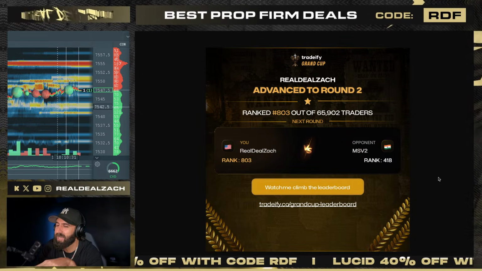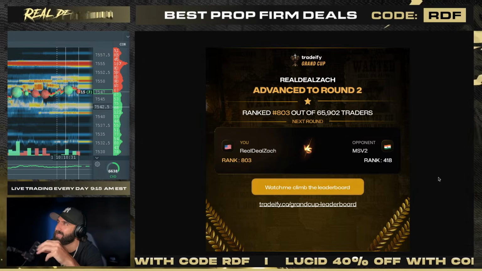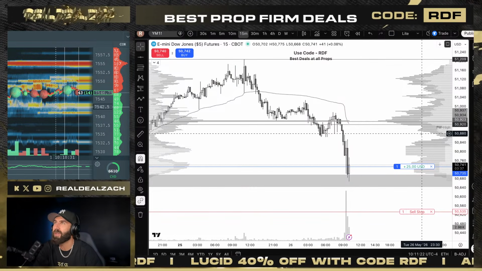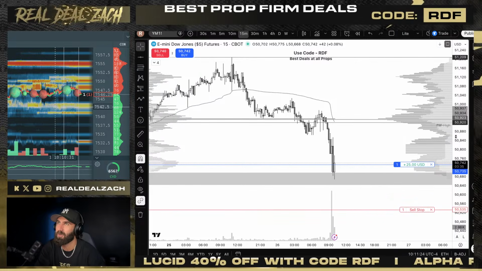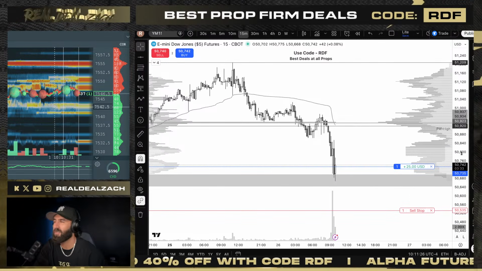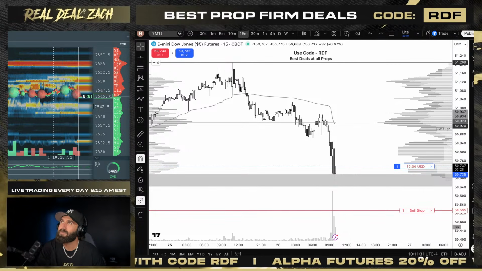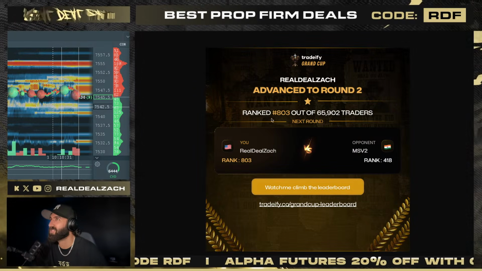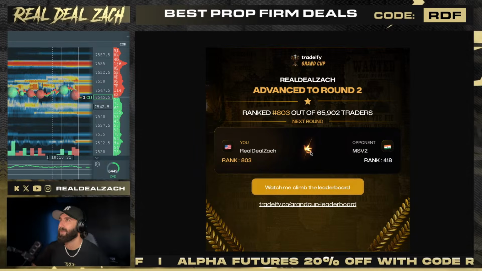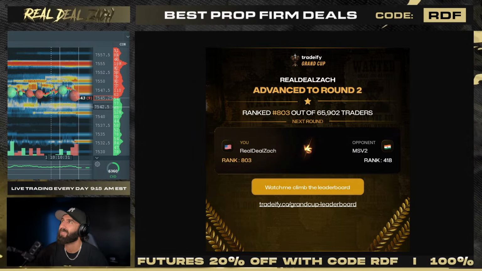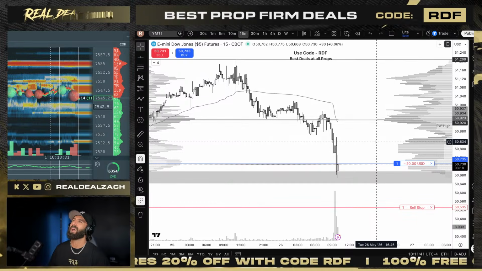To answer your question, Sloth, who was asking about this: you have to take 3 trades. You have to open and close 3 trades. You could do it on micros and hardly do anything, and hold each one, I think, for like 15 or 20 seconds. You can't just not trade at all. But if you just open and close 3 tiny micro trades and you don't make any money, and this person loses a little bit of money and finishes the day down, you win. They get eliminated. It's whoever finishes the day higher.